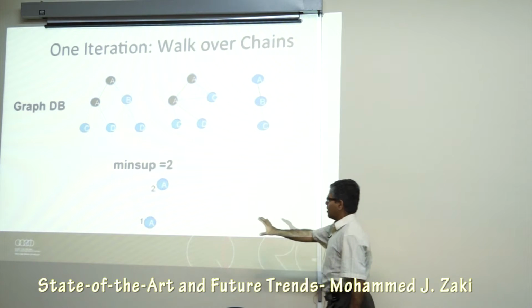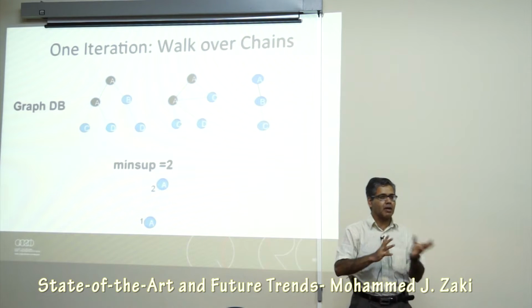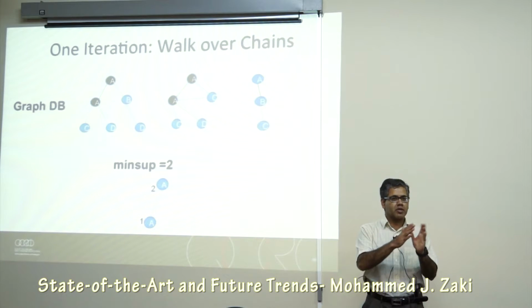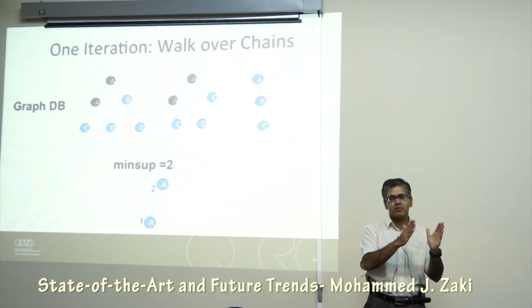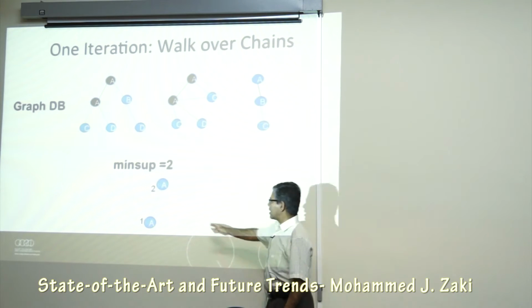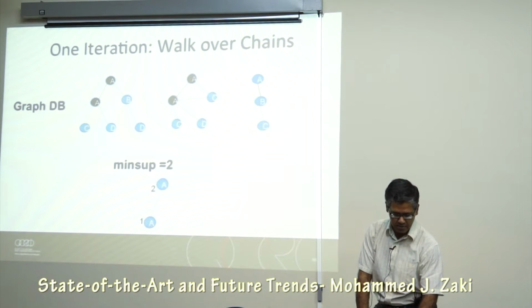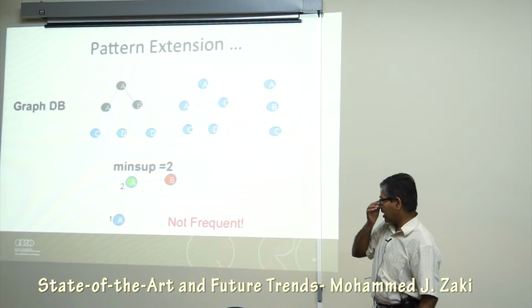Now I'm going to discard this notion of rightmost extension, because I'm sampling. I have to sample because I no longer have the luxury of systematic enumeration. So I'm going to extend from any vertex. I may add an edge here, I may add an edge here at random, pick a random label and test it. So in this case I choose a B,